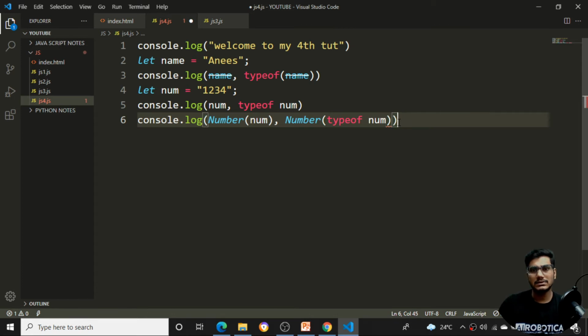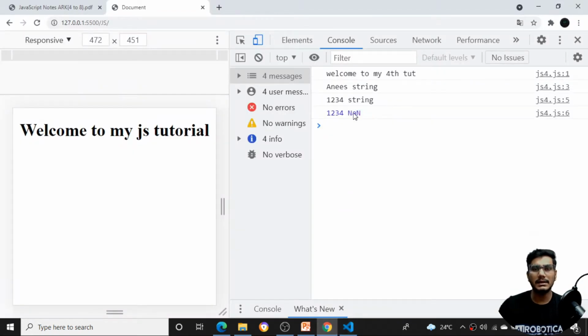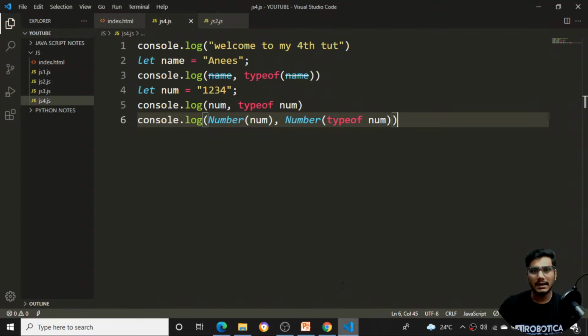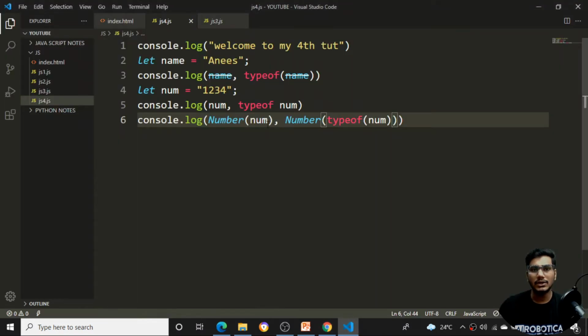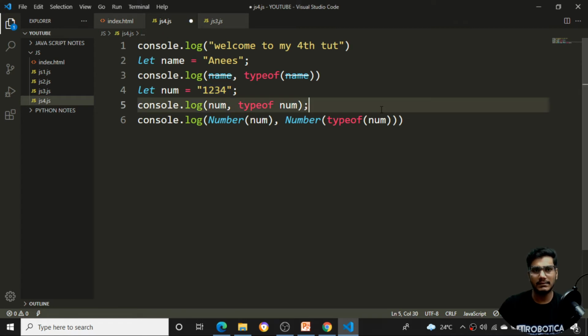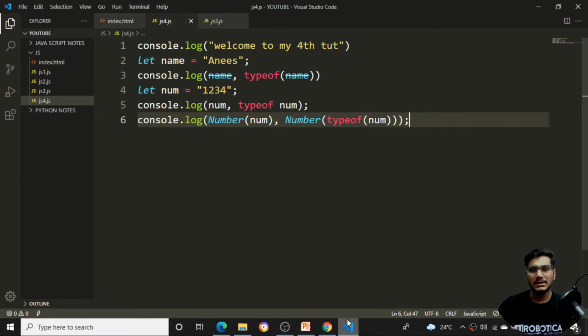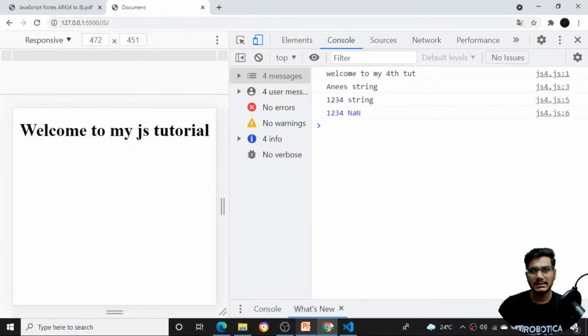If I just close the bracket, you can see the type is now coming as NaN. I'm getting the type of the particular number as NaN for 1 2 3 4 5. If I put it in this particular fashion and save, I am getting a NaN value. Even though the thing is a pretty proper number, I don't know why it is coming like this. Let me see what the issue is. If I save like this, it is telling me not a number.